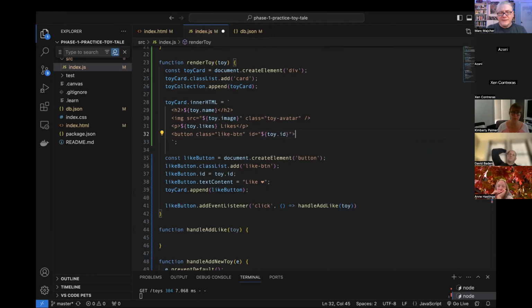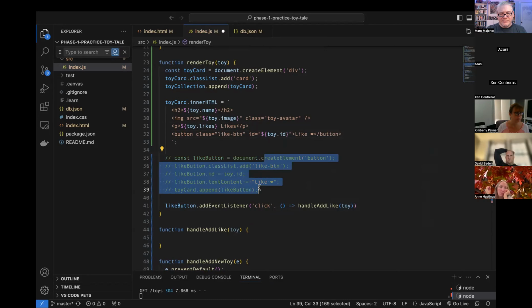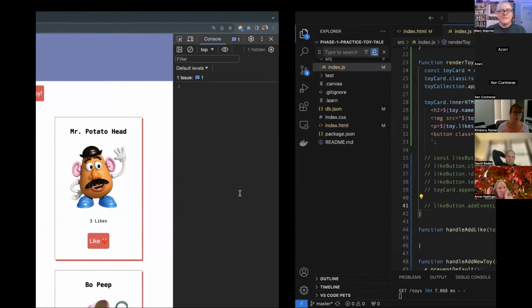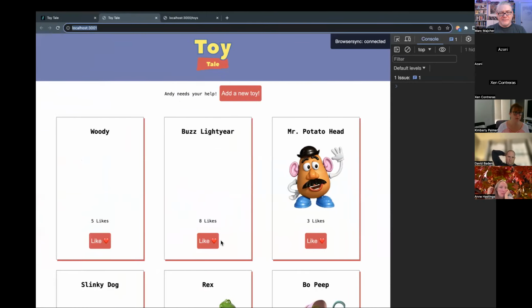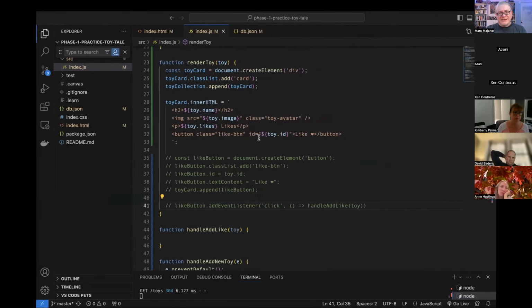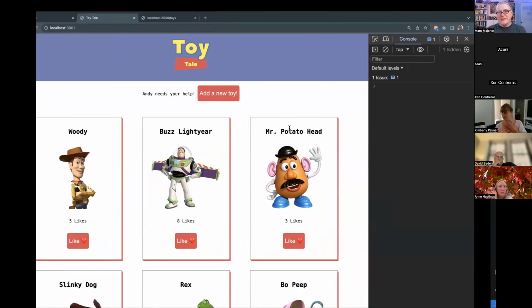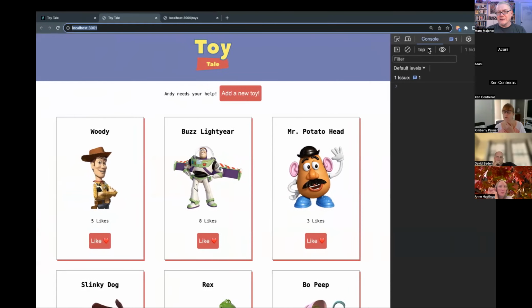Do I still have that in there? Yeah, I do. Cool. So let's comment this part out and comment this off for now. Let's make sure that our button is back where it was before. Great. So this has an ID. This ID is unique. And if we look at our HTML,